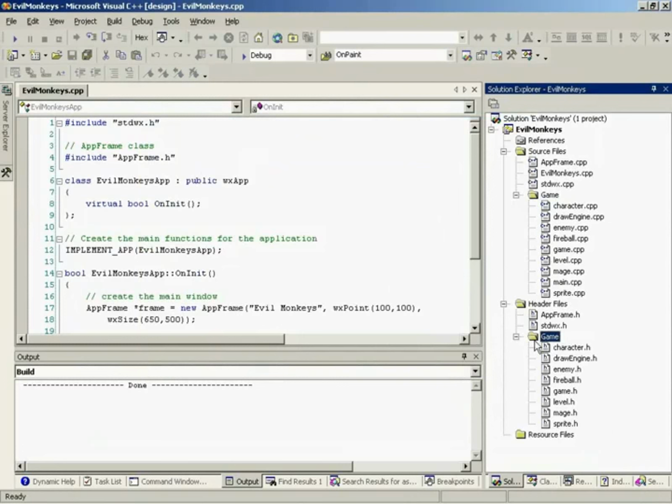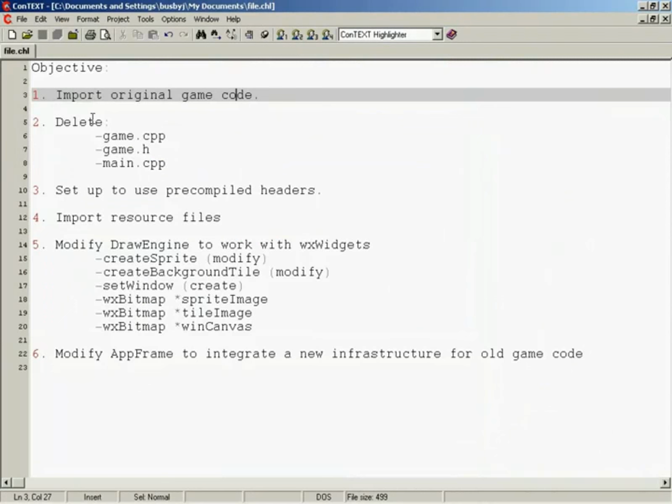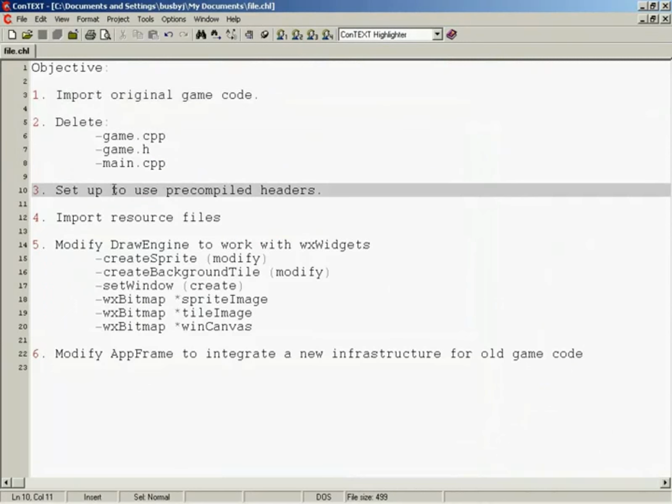Done. Now the second thing we need to do is remove those 3 files. So game.cpp, gone. Main.cpp, gone. And game.h, gone. Okay. So if we go back to context, we've just completed step number 1 and step number 2. Hooray! So up to step number 3, we just need to include the